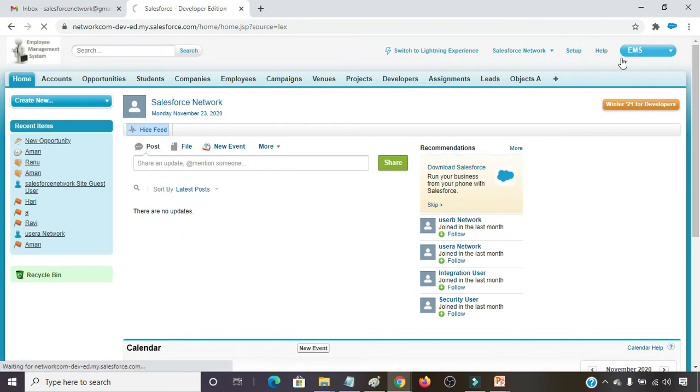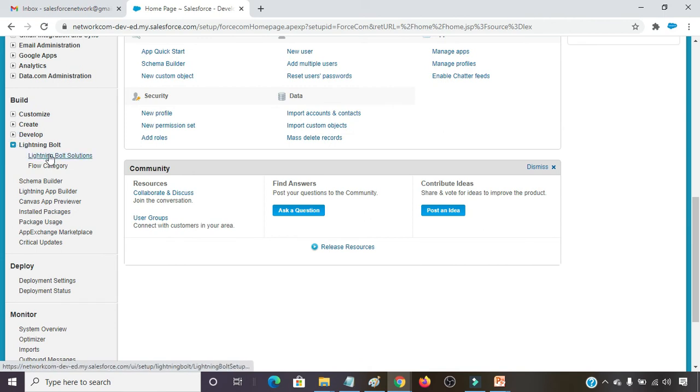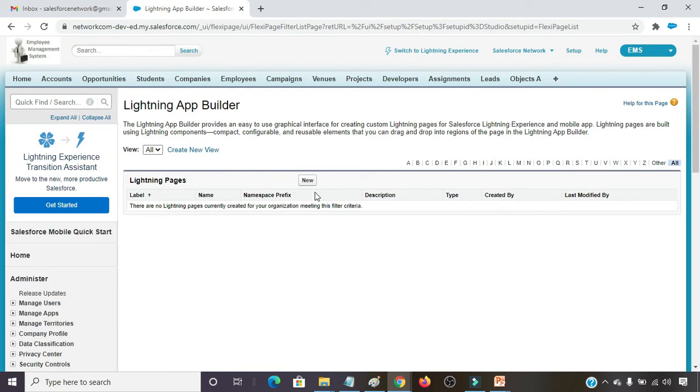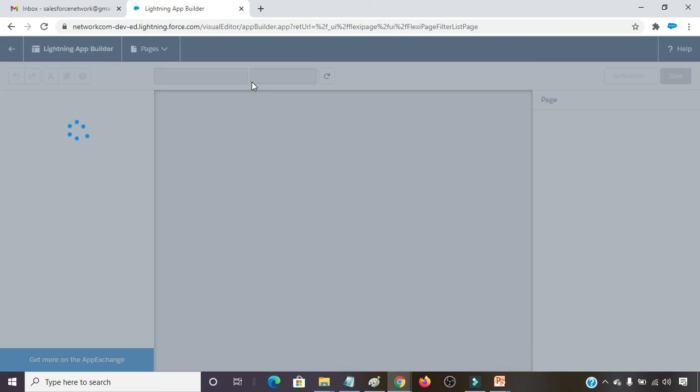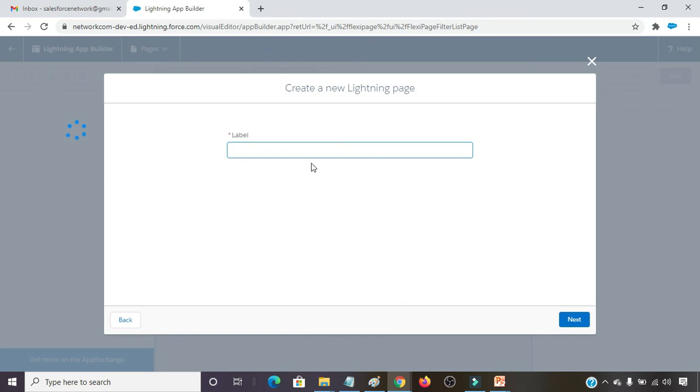For this, click on setup, build, lightning bolt, lightning app builder. Click on new, select home page and click next. Enter the label account flow.